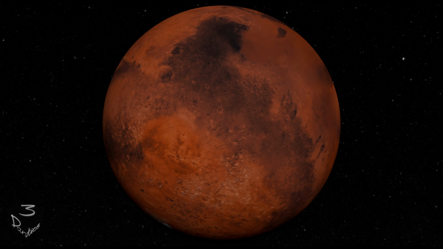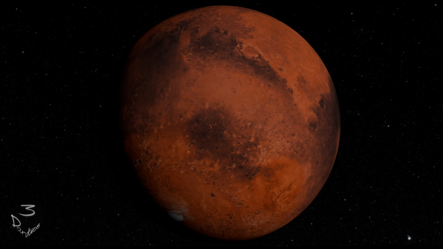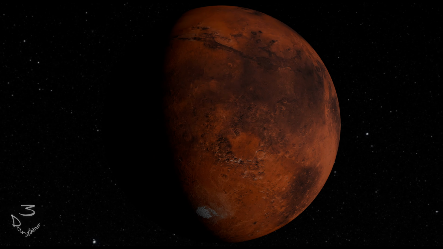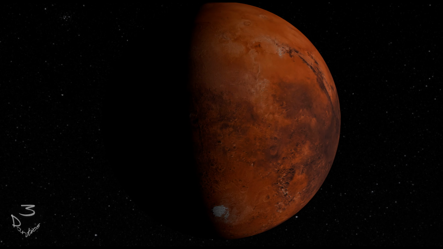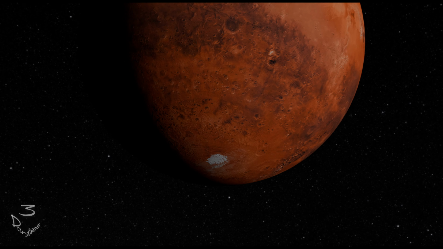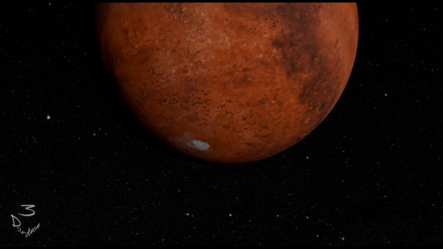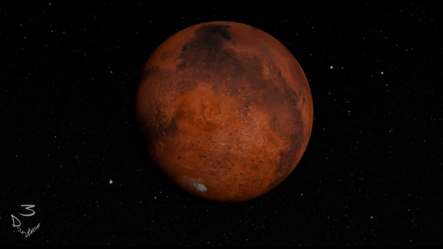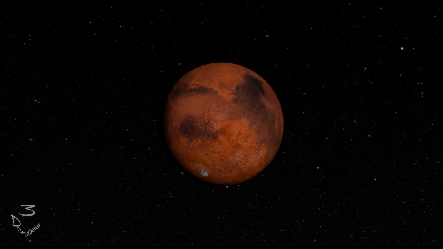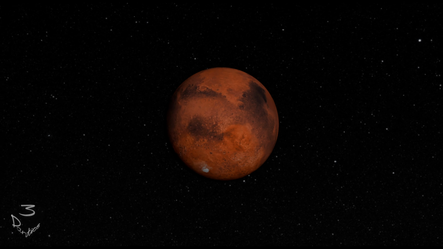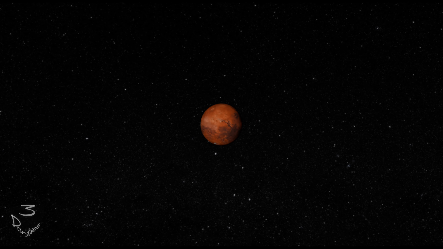Like Earth, Mars also has water, but it can only exist in the form of ice, and like Earth, that can be found at its north and south poles. There was once an atmosphere here, about 4 billion years ago, and if Mars hadn't lost its magnetic field, maybe there could have also been life. However, Mars is not without activity.